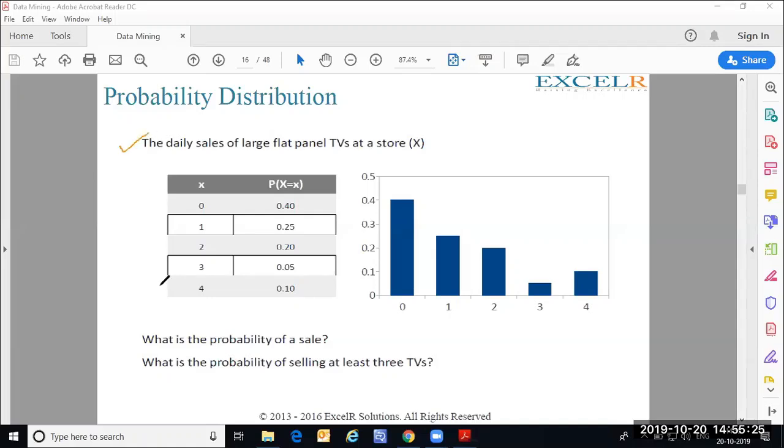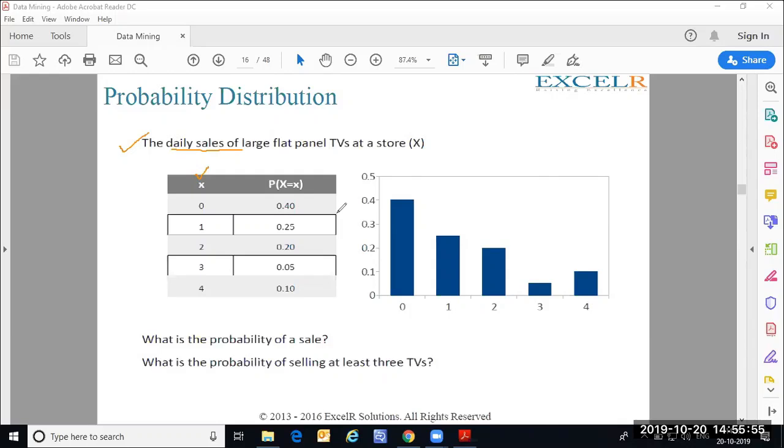The data that we have in the table are about the daily sales of TVs in a particular store. X is the number of TVs being sold, and P of capital X is the probability of the random variable with the respective number of TVs being sold. The probabilities are given,